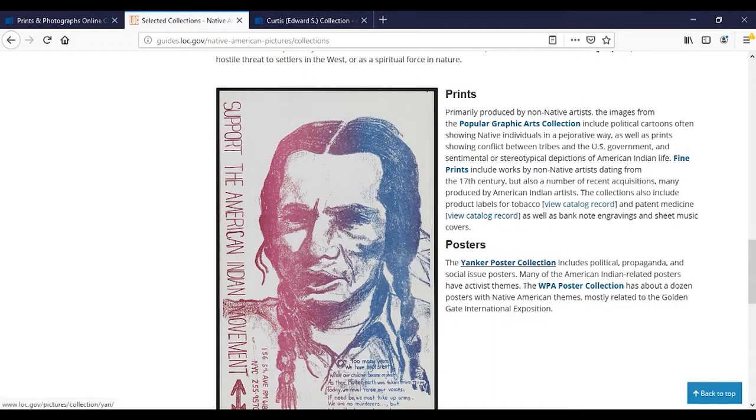So a lot of the fine prints that we have in that collection are now starting to provide a Native perspective. And then we also have a couple of poster collections, including the Yanker poster collection, which includes, I would say, a couple of dozen images that relate to the American Indian movement. So you can see there's quite a variety of images from the collections that you might find described using